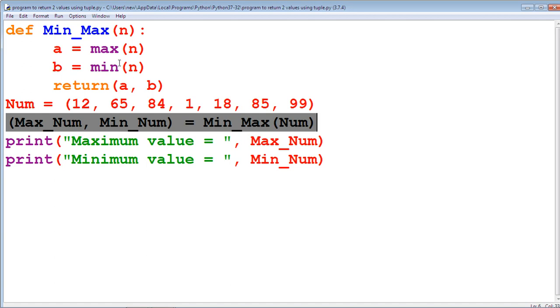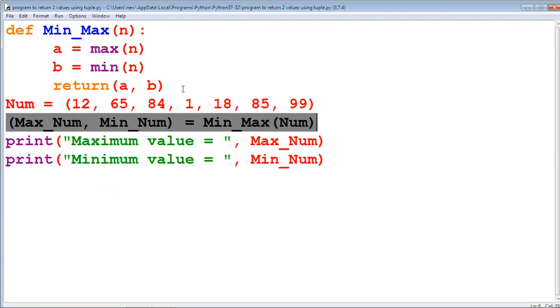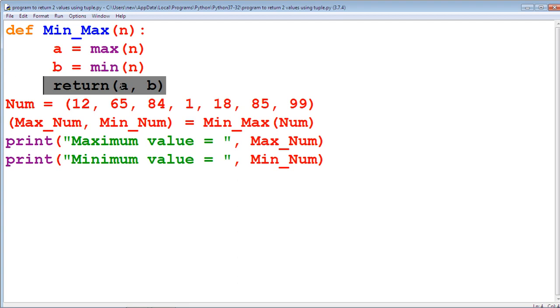So we get the result, maximum and minimum value, by running this program using the F5 key. Maximum value equal to 99, minimum value equal to 1. This is the example for returning more than one value. That is, this program returns two values by using tuples.